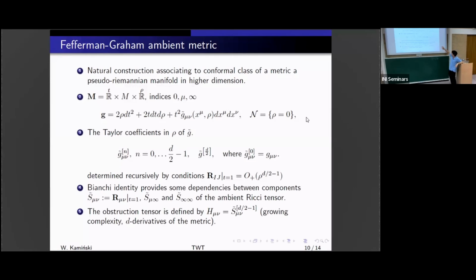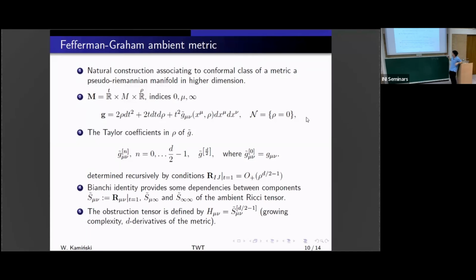Okay, and if one assumes these conditions, and also this n is a natural object, a bundle of scales for the original metric. So we want this g tilde, that is some function. We can think about this g tilde, this part of our metric, as a rho-dependent metric on our manifold. In this case, it will be our spacetime, or even this m bar. And we can expand it in rho. This expansion is determined by this condition, of course only to a specific order. We cannot determine it beyond. Okay.